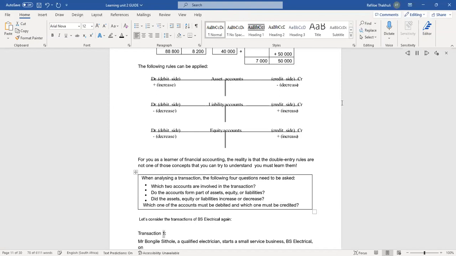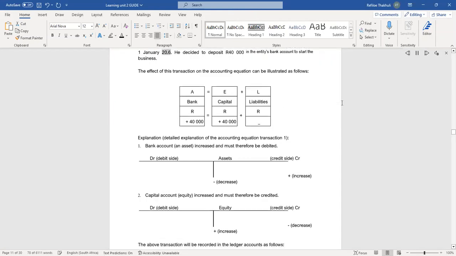Transaction 1. Mr. Bongil Sithole, a qualified electrician, starts a small service business, BS Electrical, on January 1, 20.6. He decided to deposit R40,000 into the business. The effect of this transaction on the accounting equation can be illustrated as follows. A equals